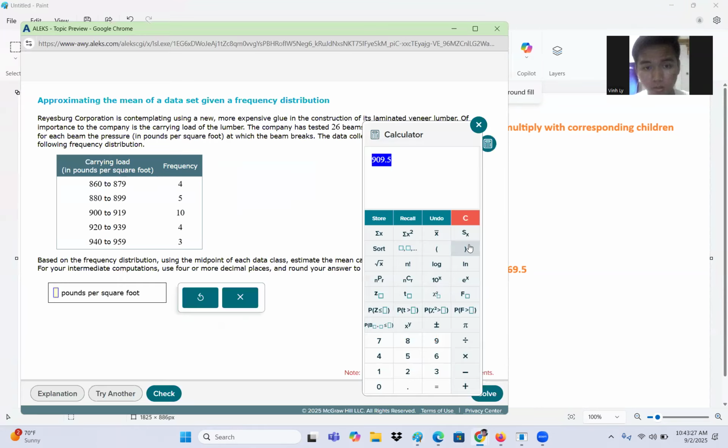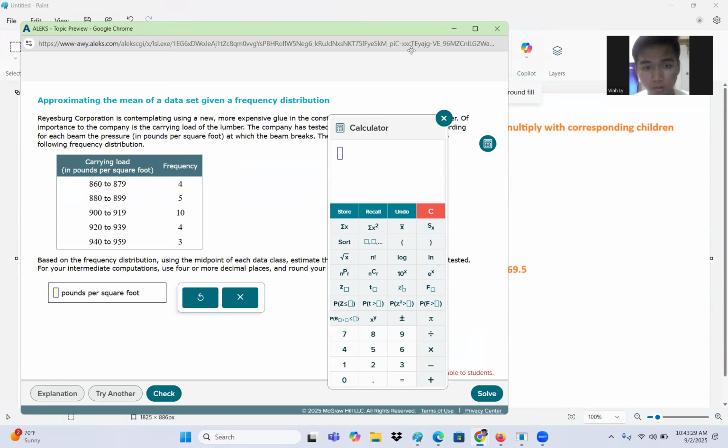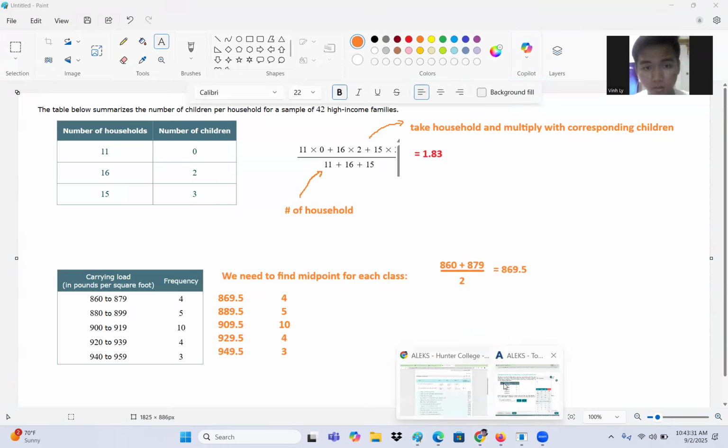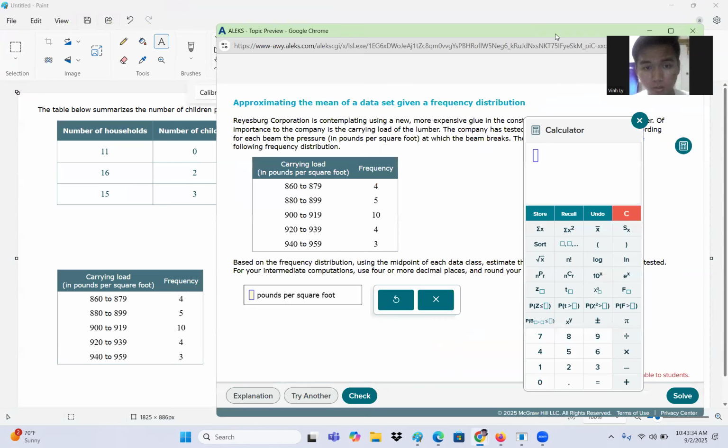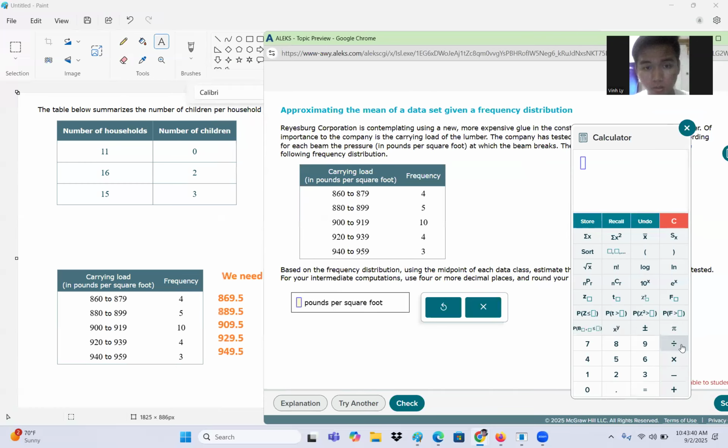So that being said, we're gonna take, okay, we're gonna take what? You can do it on the calculator, which is much easier than this. So we have to hit divide first. We take 869.5 times 4 plus 889.5 times 5 plus 909.5